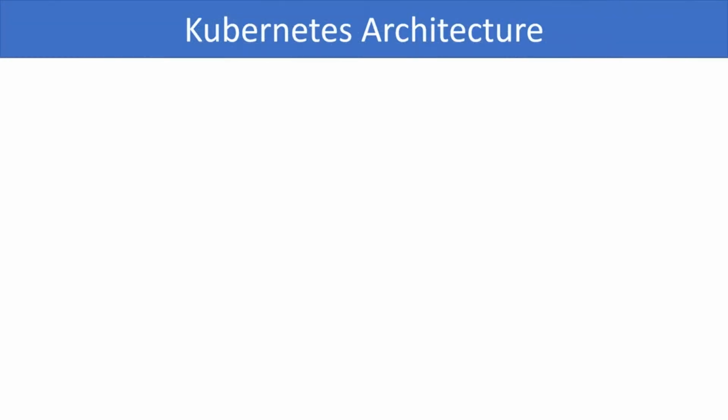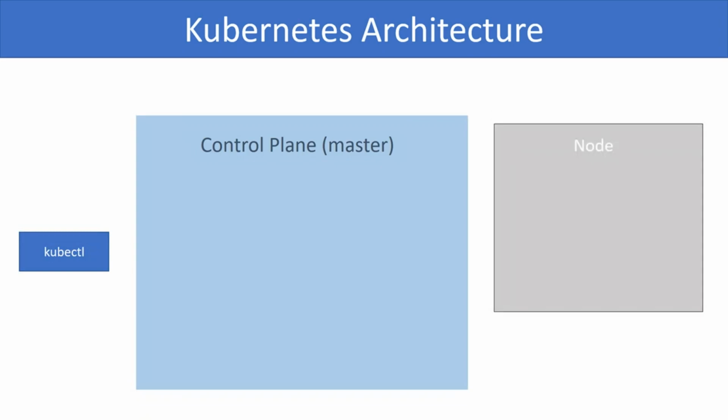We refer to Kubernetes as a cluster since it contains multiple nodes. Each node can be an independent physical machine or a virtual instance. For example, in AWS, an M2 medium is one node and we would use multiple such instances to form a cluster. The cluster is divided into two major parts, the control plane and the worker nodes. kubectl is a command line client used to communicate with Kubernetes. The control plane is also known as the master. A single master node is enough to run a cluster. However, for higher availability, more than one master node can also be installed.